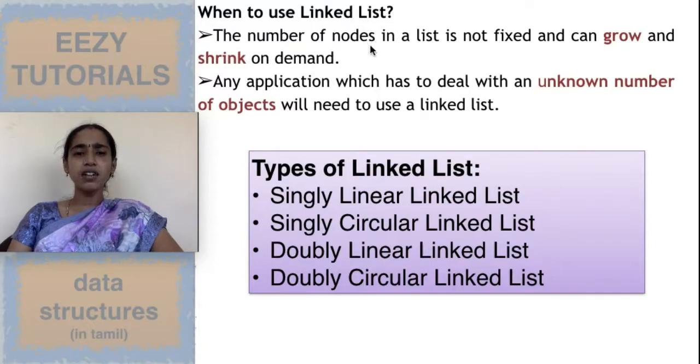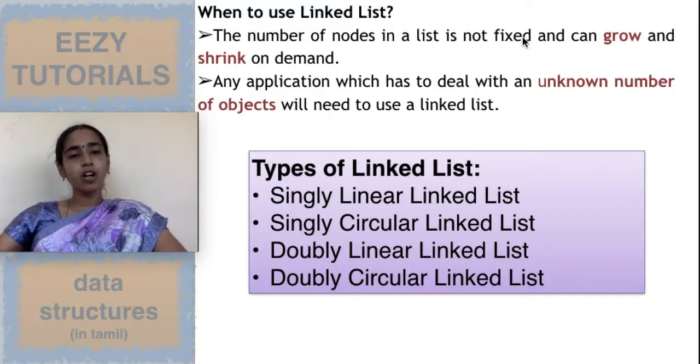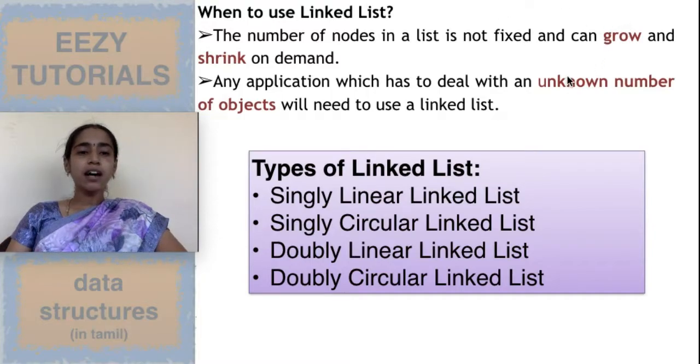So when will I use a linked list? I'll use a linked list when the size of the nodes is not fixed. I don't know how many nodes there are. The size will be suddenly growing or suddenly shrinking. At that time I can use a linked list. For example, I'm taking admission for first year students. Now I don't know the strength of the students. Today 3 members can come for admission. Tomorrow 5 members can come for admission. It differs. At times a person will come and take admission, then they'll cancel the admission. So the list also shrinks.